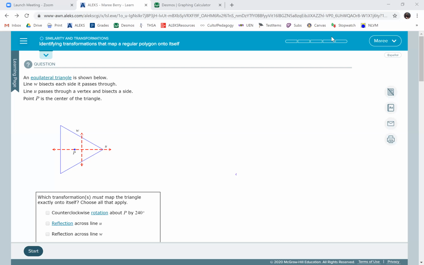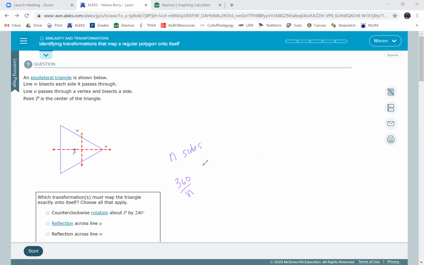If we have n sides, okay, let me just get my pen ready. If we have n sides, you want to divide 360 by n. Let me write that a little differently. Let's just do 360 over n as a fraction. So we'll put 360 divided by n, and then